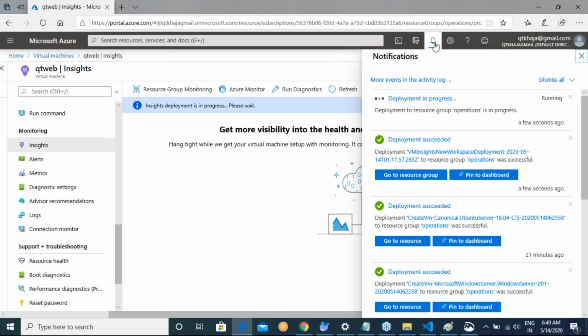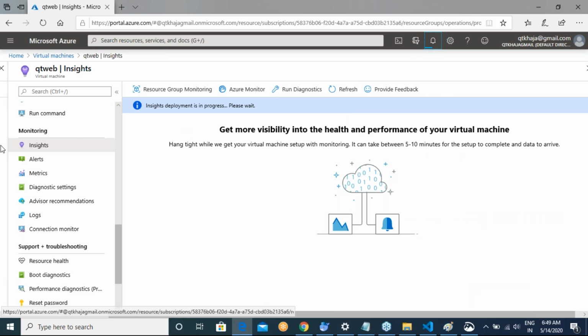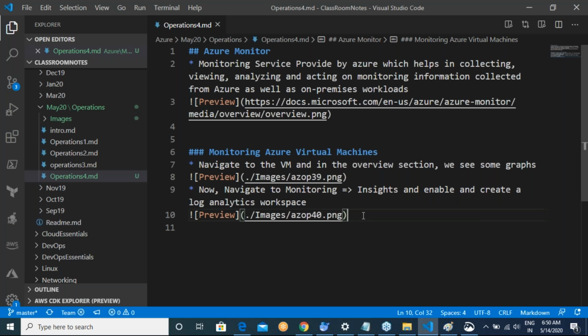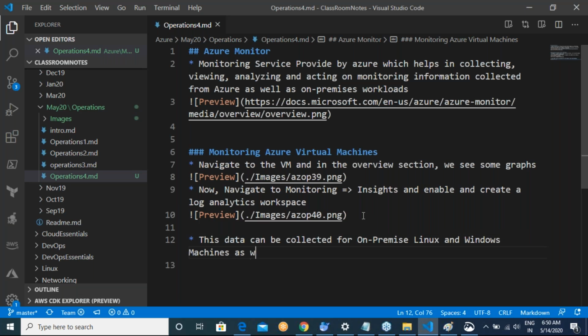This will take time, guys. This data can be collected for on-premise Linux and Windows machines as well.